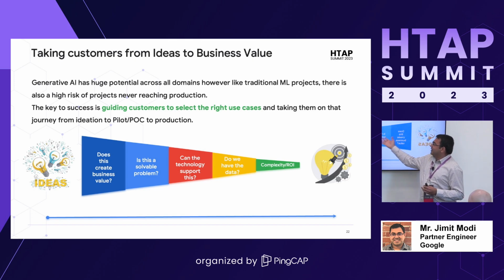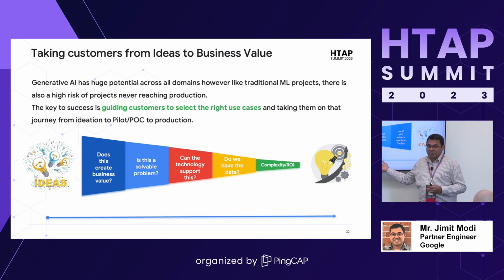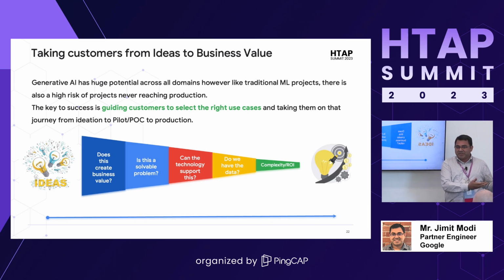So definitely, this is like the funnel for you where you keep on figuring out, does this business case make sense? Is this a solvable problem? If it needs quantum computing to solve, you just cannot assume that an LLM can do it, right? So go through this filtration process, and then at the end, you'll have something which you have narrowed down and said, yes, this is something I can use an LLM for solving or improving my productivity.